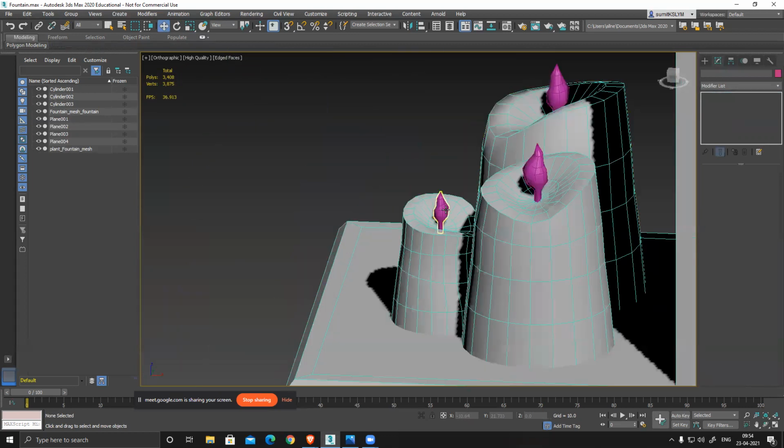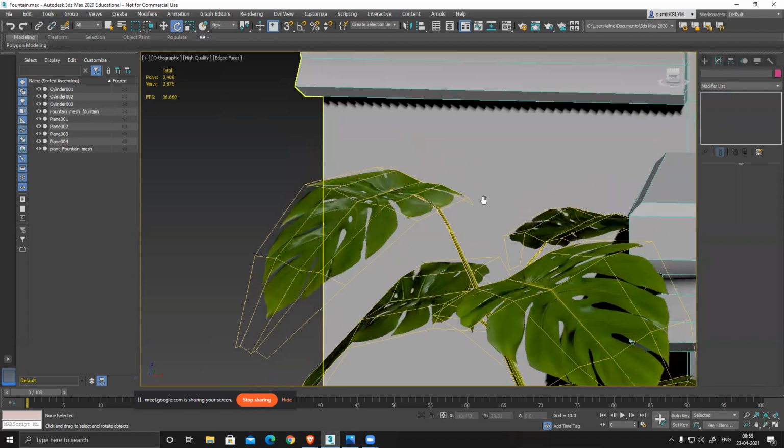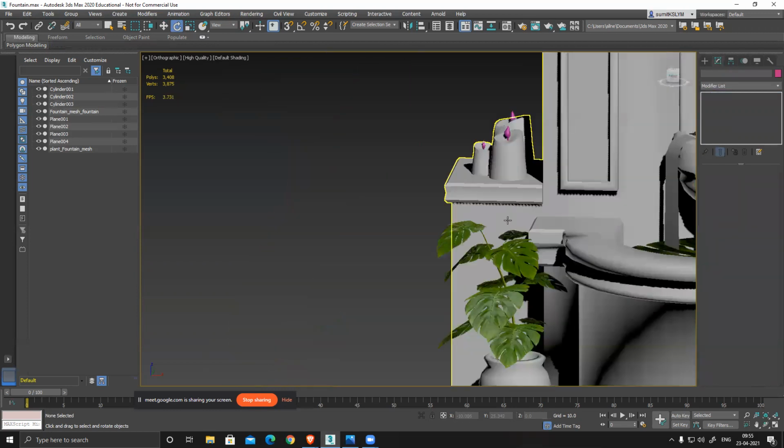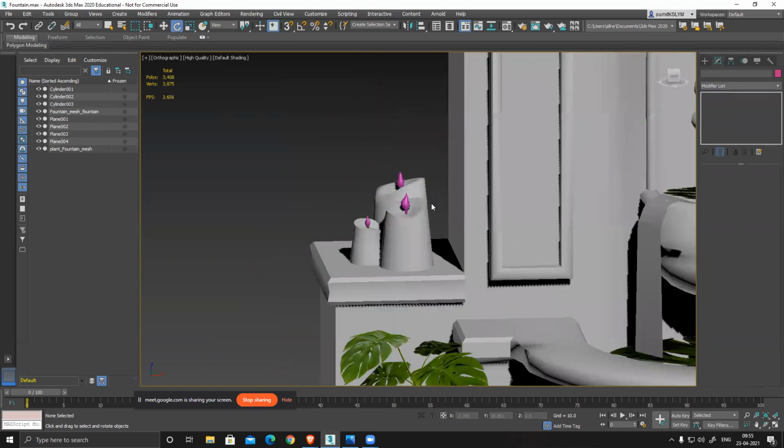So I got the flame also, and for this also I'll rotate it slightly. Yeah, you can see I got the flames and everything.